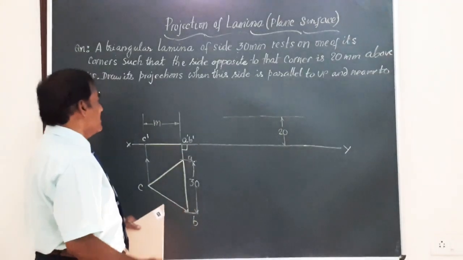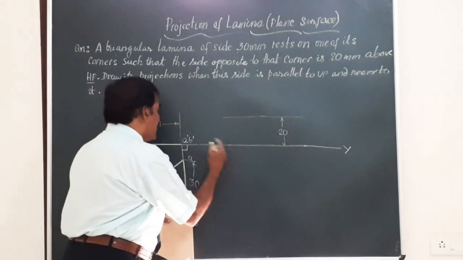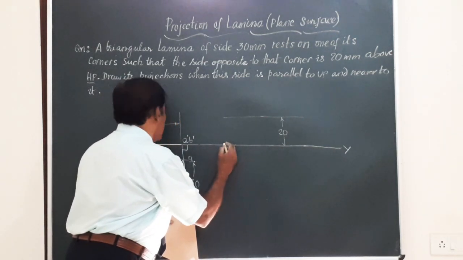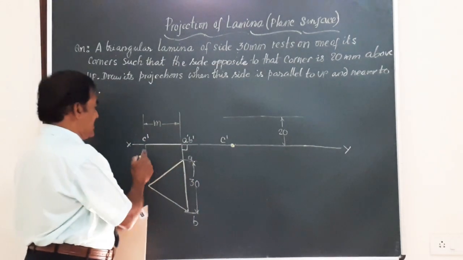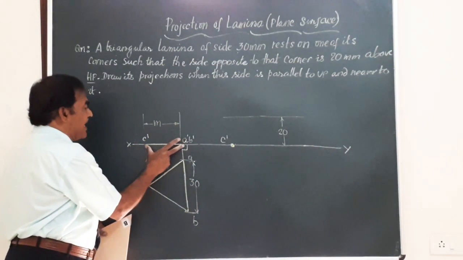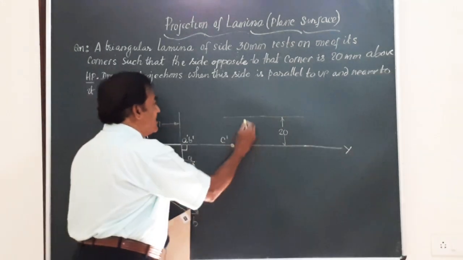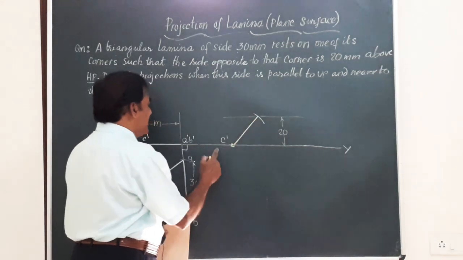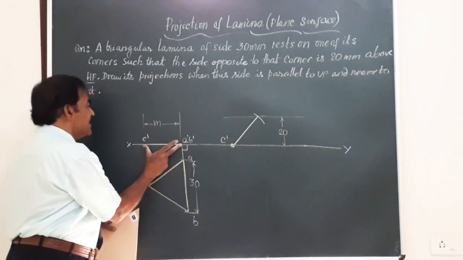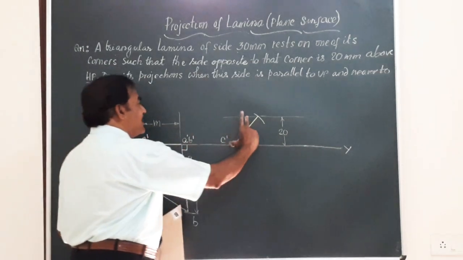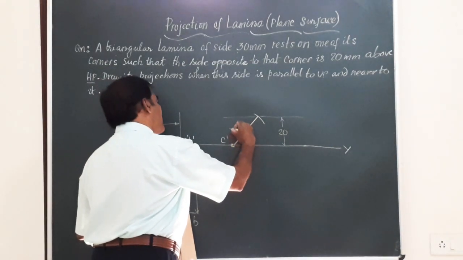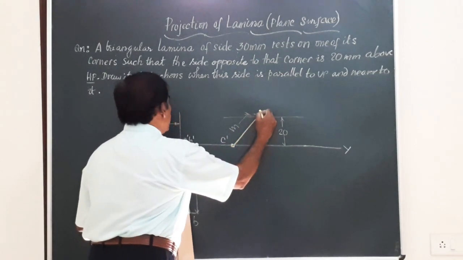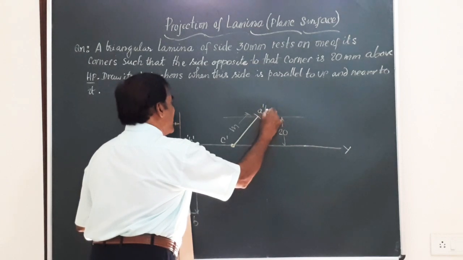Now friends, we have this length M, take some point because the corner has to be on HP. Anywhere on this, I will simply take that point C dash. Taking C dash as center, the distance M as the radius, I just write an arc. So friends, here I have taken C dash as center, C dash, A dash, B dash which measures M is taken, I have written an arc here. Remember friends, this is the length M. So on this point is going to be A dash, B dash.